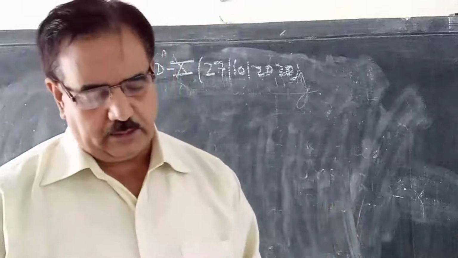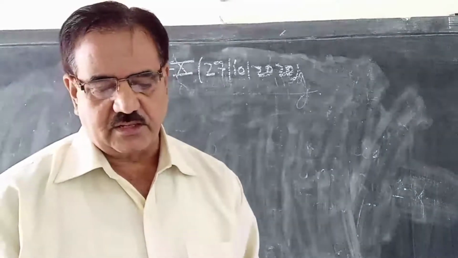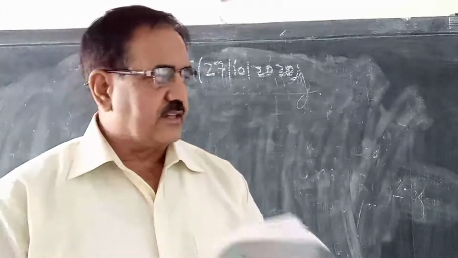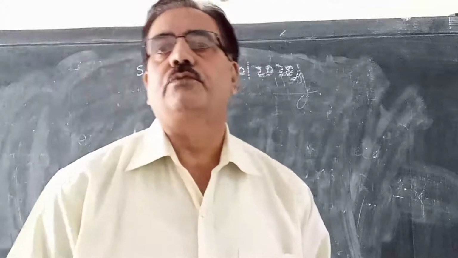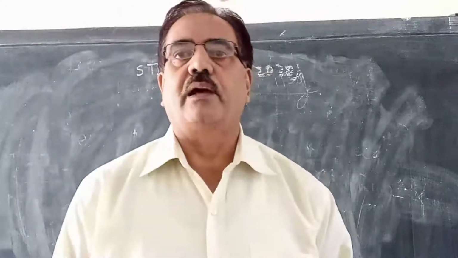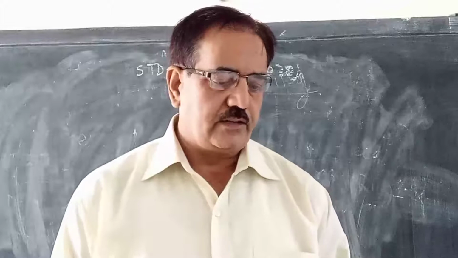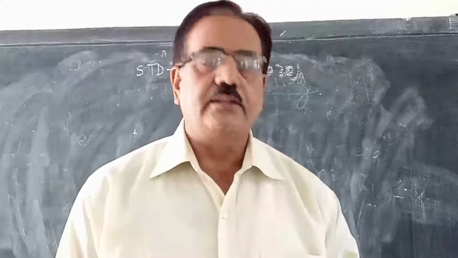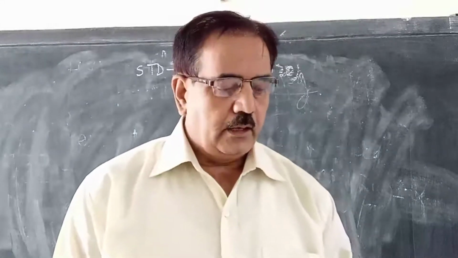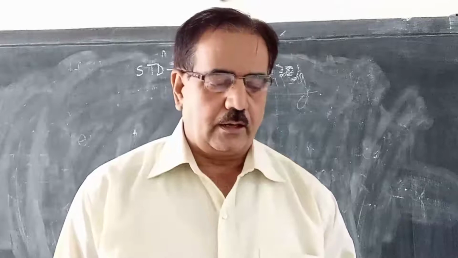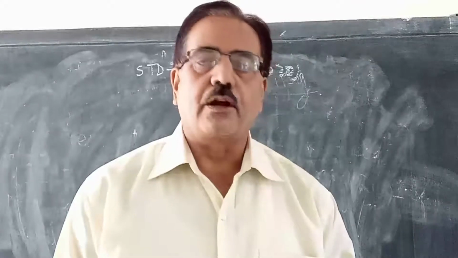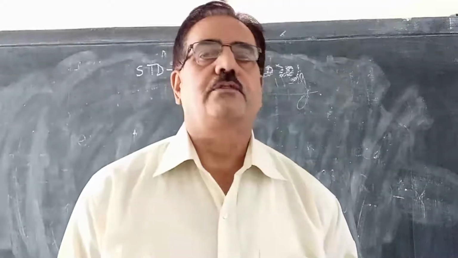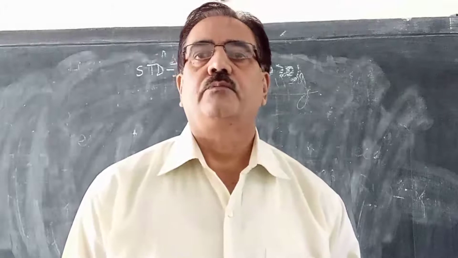In AP, the next exercise, the first one I have already completed, and I have given you homework. For the second exercise, you also have to use the same formula, Tn is equal to A plus n minus 1 into D, where A is the first term and D is the common difference. Now, see the types of question here. If 8 times the 8th term of an AP is equal to 15 times its 15th term, find its 23rd term.